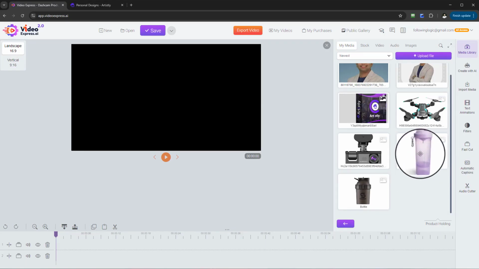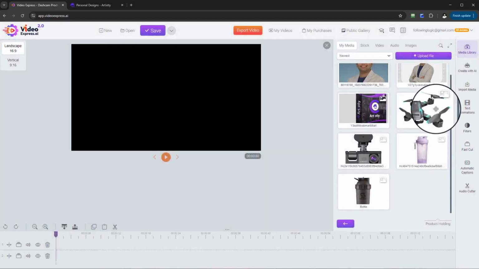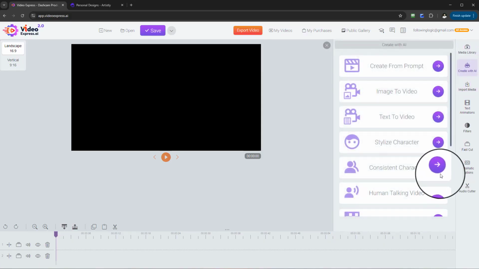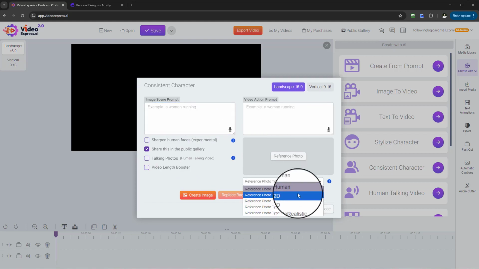Secondly, there's another gym bottle, and there's a drone. Okay, and these are some of the elements that I can use. So you can have things nice and organized. Now, if I return back to create with AI and I select consistent character,